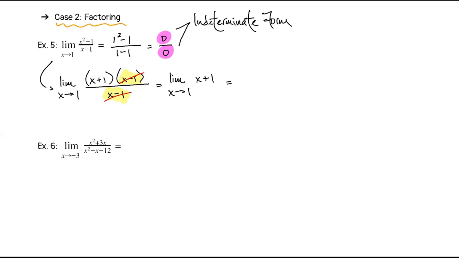Now, what was that strategy I said that we should always try first? Plug in or substitution, right? So we've done a little bit of algebra. Let's try plugging in the number again, okay? So everywhere I see an x, I'm putting a 1. 1 plus 1 gives us 2,